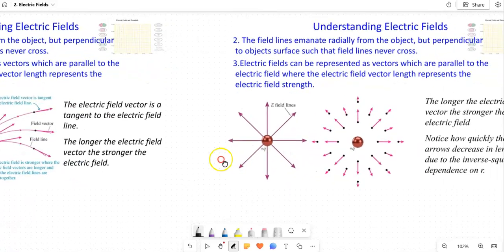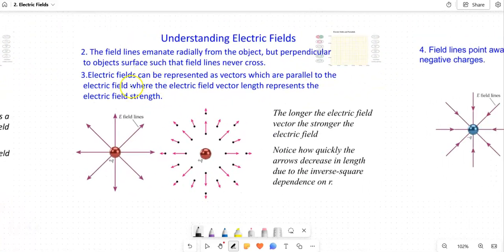Now, moving over here, electric field lines, again, can be represented as vectors. So here's the electric field lines, and here's the vector form of those electric field lines. Notice that the electric field vectors, since this is a positive charge, are pointed away from the positive charge in all directions, and they're getting smaller and smaller as you get further and further away from that charge, right? And that is because this vector is so large here, because if I put this line right here,